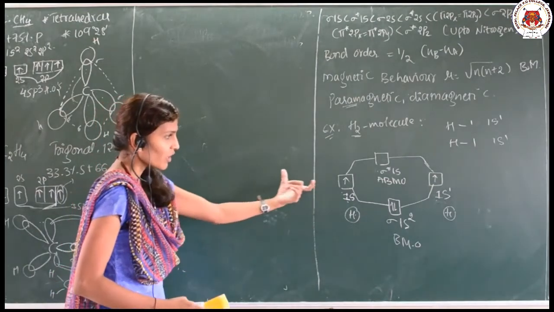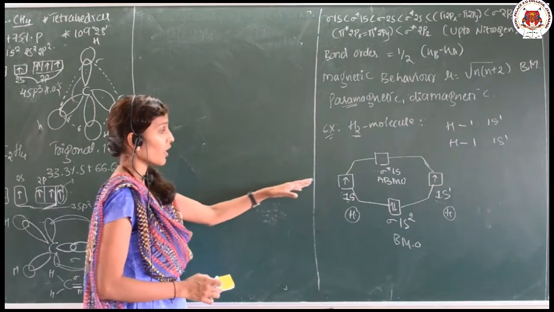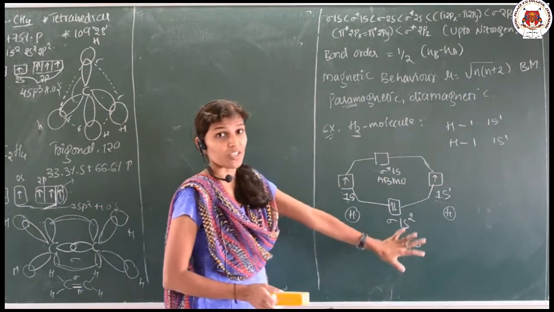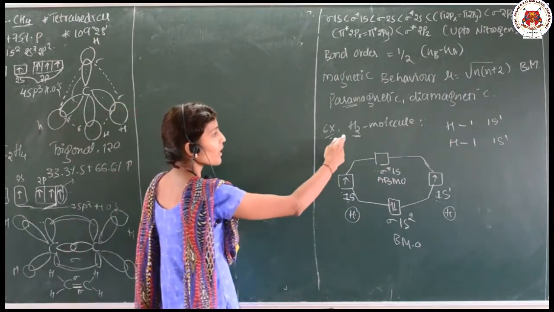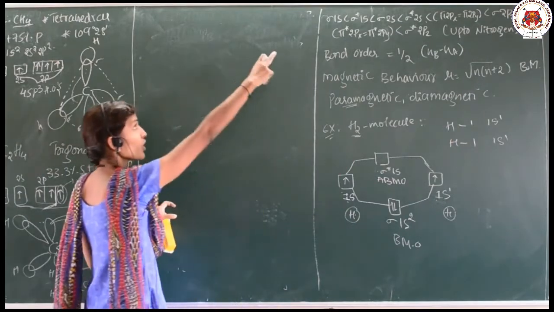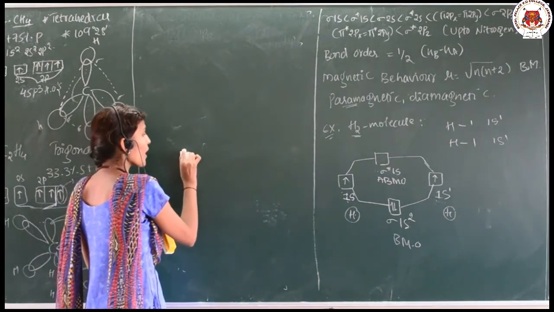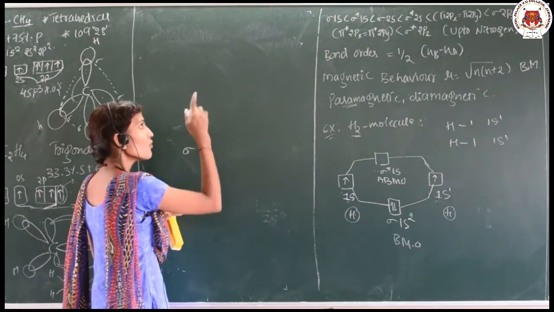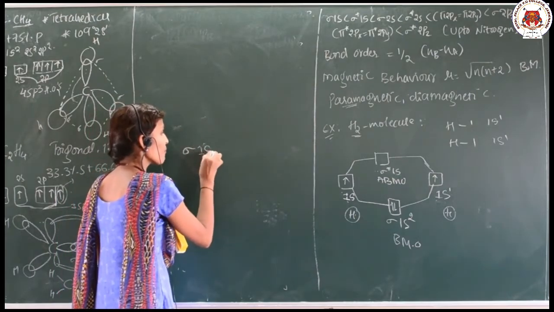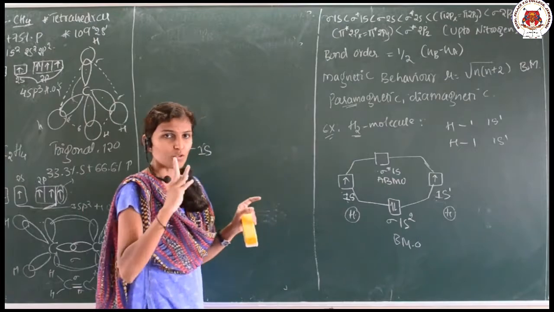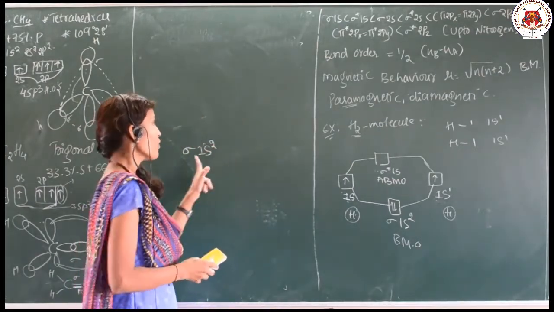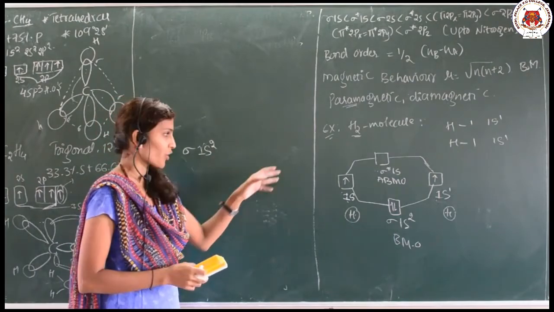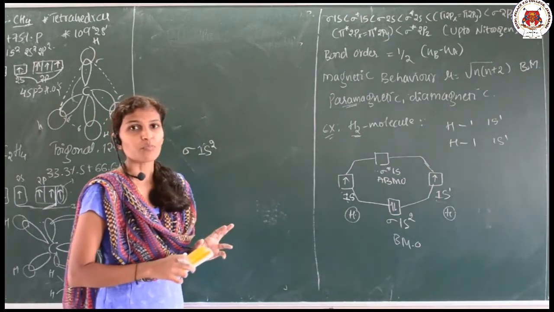So, in this way you are going to write the molecular orbital diagram, and how do you write the molecular orbital configuration? Totally how many electrons are there? 2 electrons. So, to write the molecular electronic configuration, the series starts with sigma 1s. Totally how many electrons do we have? 2 electrons. Sigma 1s2 is the molecular electronic configuration of this H2 molecule.